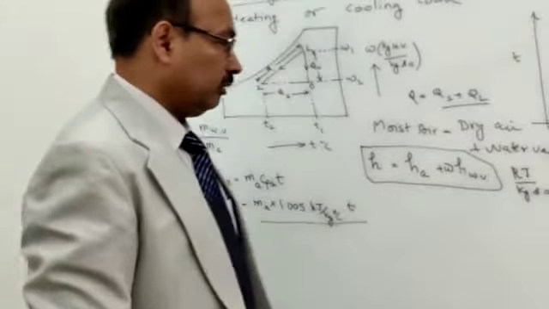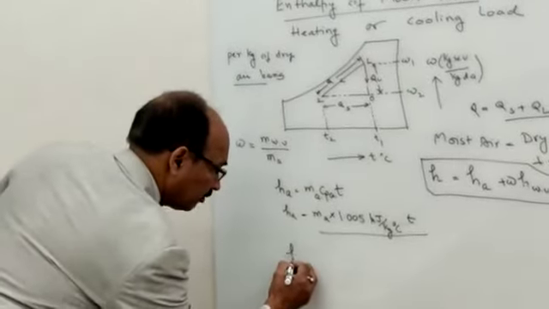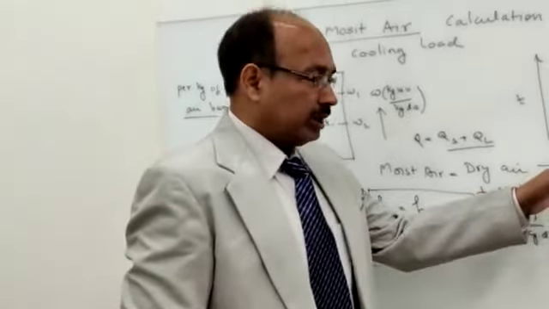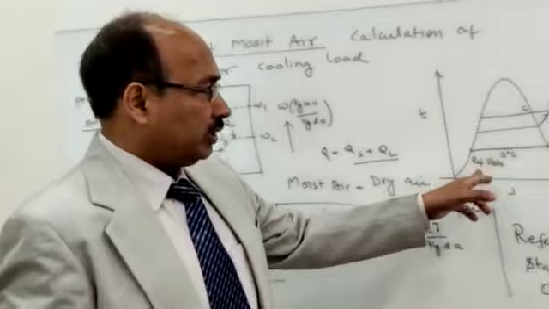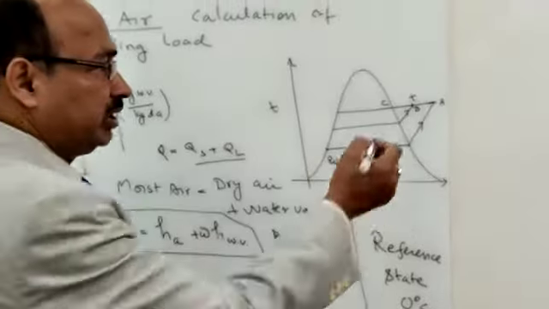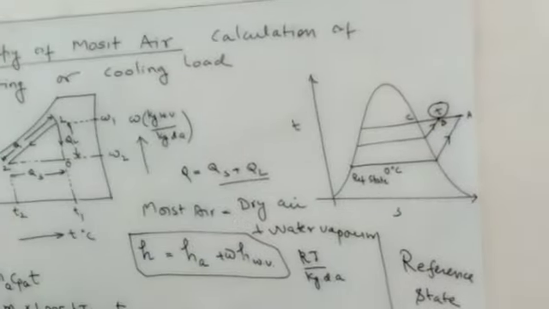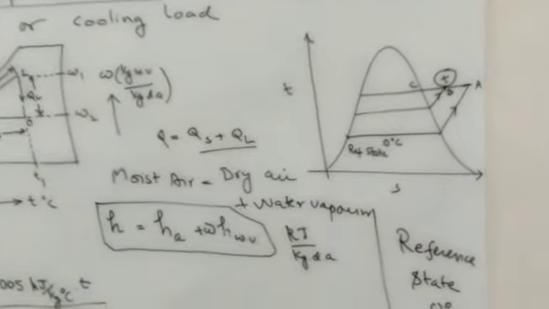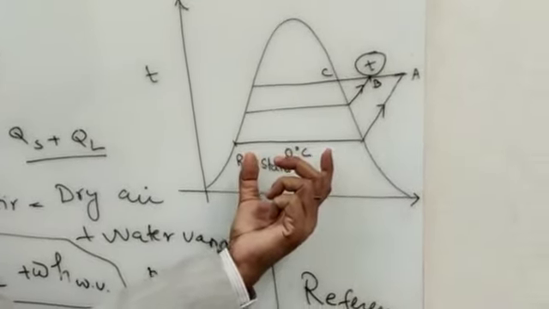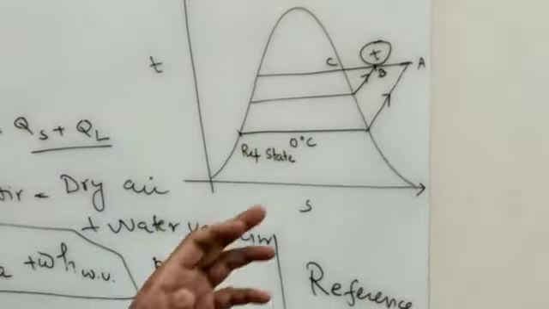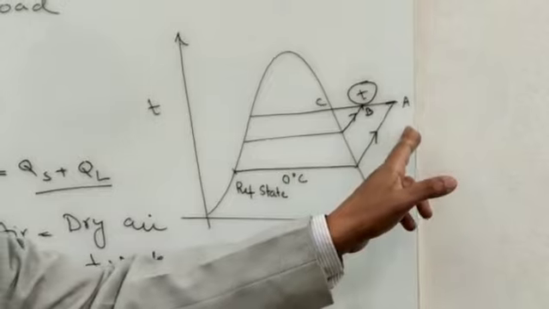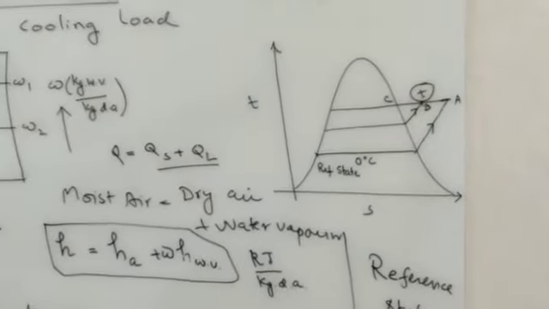Now we come to the enthalpy of water vapor part. See, 0 degree water is the reference point. So first water has to be evaporated to the saturated state, and then from 0 degree to the actual temperature T, where it is in its superheated state. So we must first find how much is the latent heat needed for the conversion from liquid state to the vapor state, and then how much heat is needed for the superheating. So that will finally give enthalpy at A.